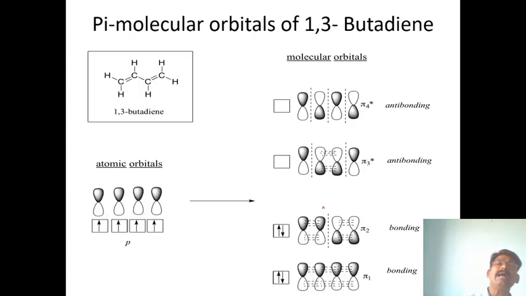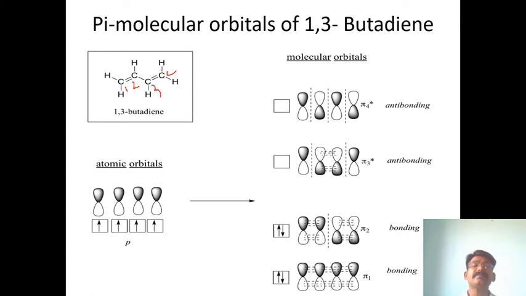And now the pi molecular orbitals of 1,3-butadiene. It is a very important question. So 1,3-butadiene, we know, is CH2=CH-CH=CH2. This is the organic molecule. So this is 1, 2, 3, and 4. So 4 carbons are there, so 4 p orbitals are present. So with 4 p orbitals, the pi bonds are at positions 1 and 3, meaning 2 double bonds are there. We can say 1,3-butadiene.